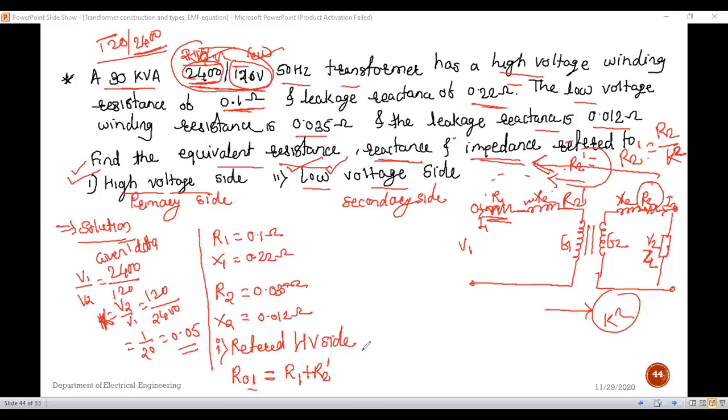What is R2 dash? R2 divided by K square. R01 is equals to R1 plus R2 divided by K square. Put the value. The value of R1 is 0.1, plus the value of R2, which is given, 0.035, divided by K square. Divide by K square, divide by 0.05. Tell me the answer. R01 is equals to,